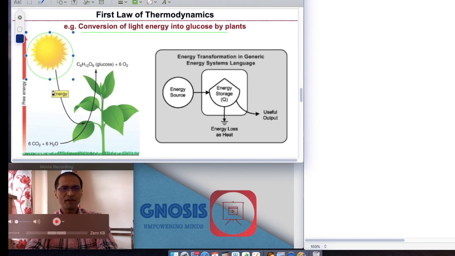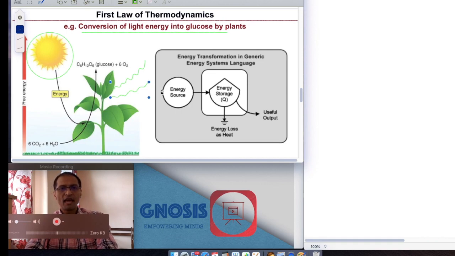So you have the input of energy, you have the input of matter in the form of carbon dioxide and water, and then you also have the output in terms of matter, in terms of your glucose and your oxygen, and you will also have energy which is lost in the form of heat from the plant. So you have an exchange of energy between the system, the thermodynamic system, which is the plant, and the surrounding